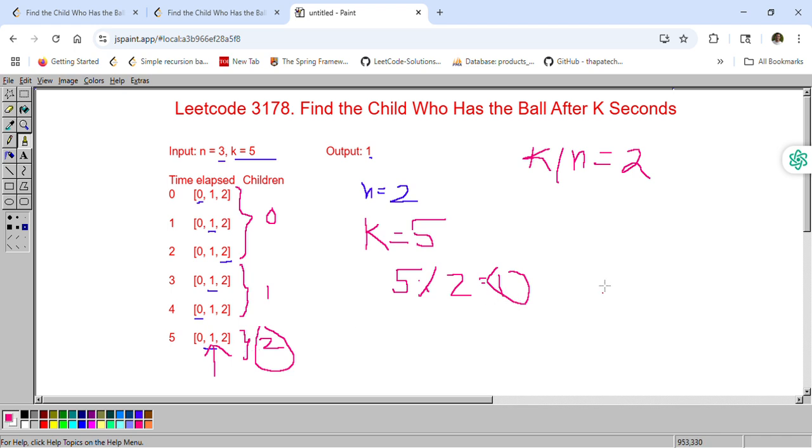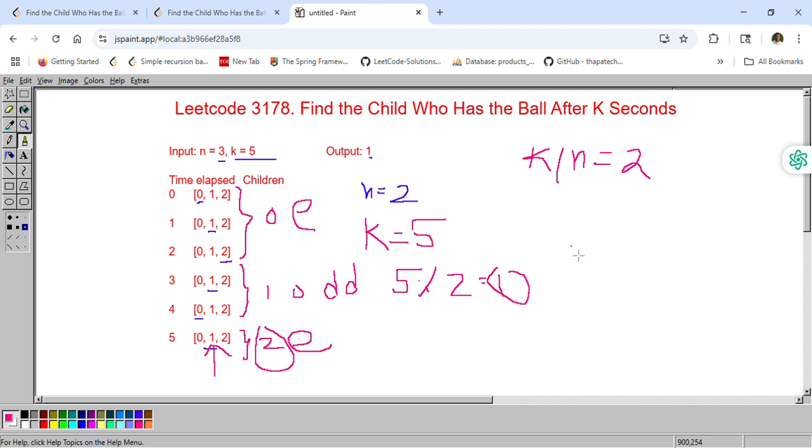But if you are going from the other side... so this one is even, this is an even number, this is an even number, and this is an odd number. So this one is clear to you, right? This is an odd number round. So whenever you are in an even number round, it means that you are going from left to right. So this one that we got will tell you directly the index of that child